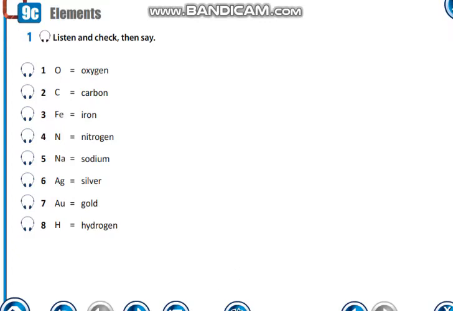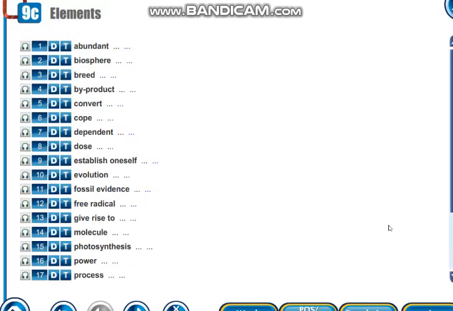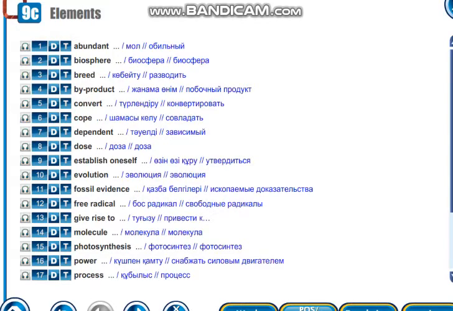Okay, now let's get introduced to new vocabulary. Here are a lot of words according to our lesson. Listen and repeat, then write down in your dictionary. Abundant, biosphere, breed, byproduct, convert, cope,